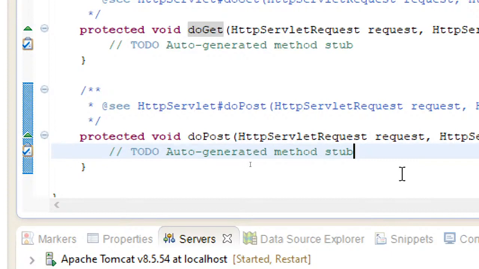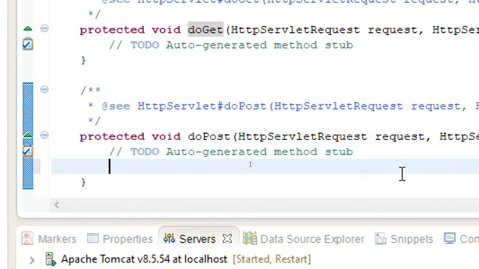Here I am using the doPost method, and I'll try to display a simple message. This servlet has some implicit objects, inbuilt objects, like request and response. By using the implicit objects directly, you can use their methods.